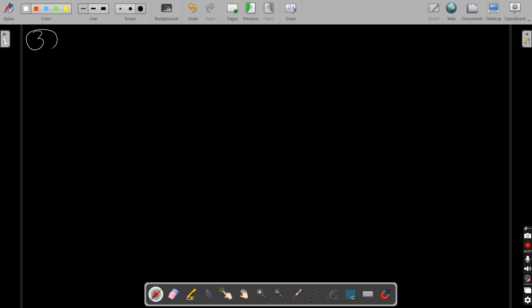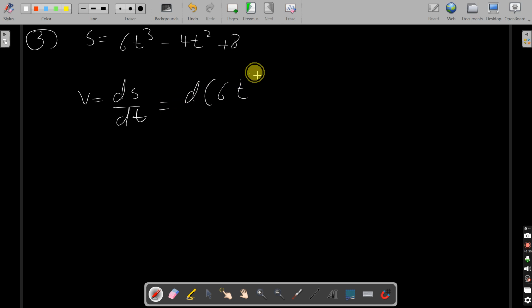Write the question. Displacement of a particle varies with time. Displacement and position are the same. We have to calculate velocity and acceleration. So the function of s is 6t cubed minus 4t square plus 8. So the velocity will be ds upon dt. Differentiation of position, which is displacement right now, with respect to time. That will be differentiation of 6t cube minus 4t square plus 8